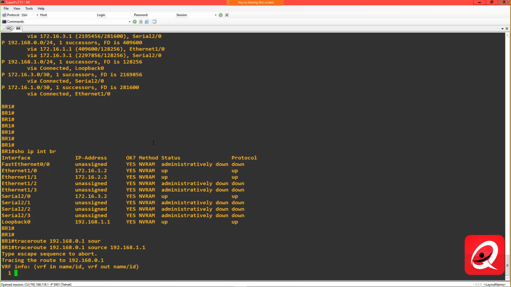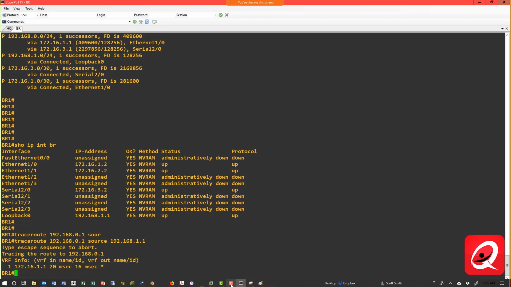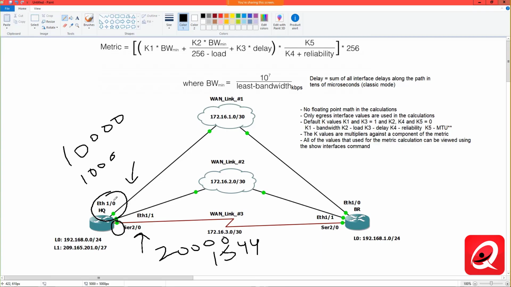All right, to go back from HQ to the branch router. All right, and sure enough, we're using 1.1 to reach that destination. So we've got an asymmetric routing scenario here just by manipulating some of the path attributes. Now, I don't necessarily have to manipulate both, right? I could, for example, just manipulate delay, but